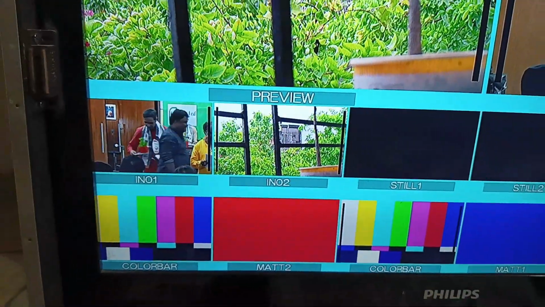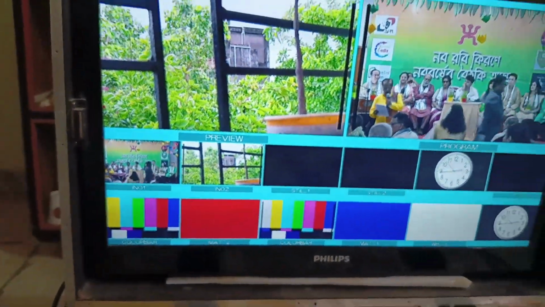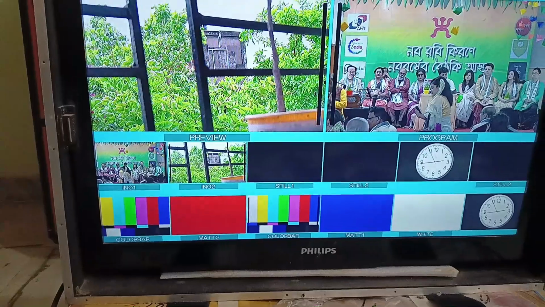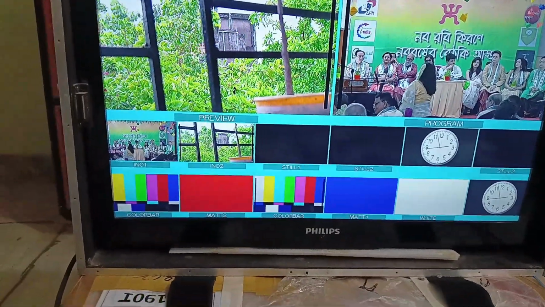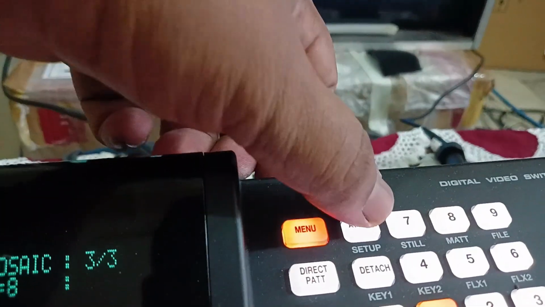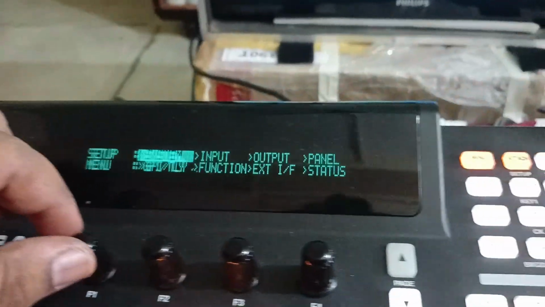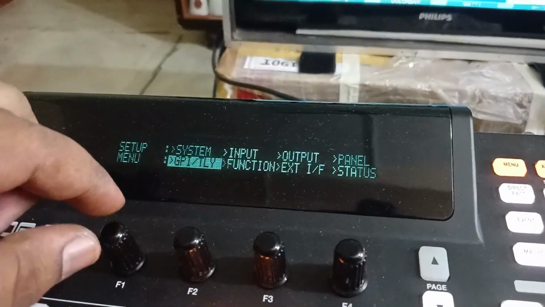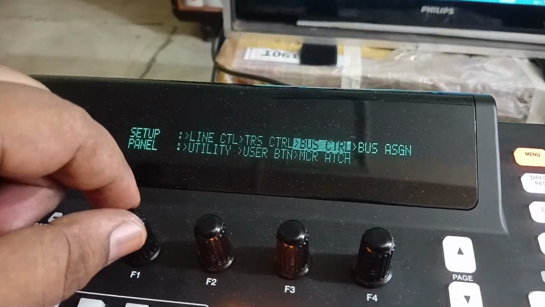We can't see it. So for that we have to assign sub effect to a button on my panel. How can I do that? For that, I have to go to setup and then panel, then